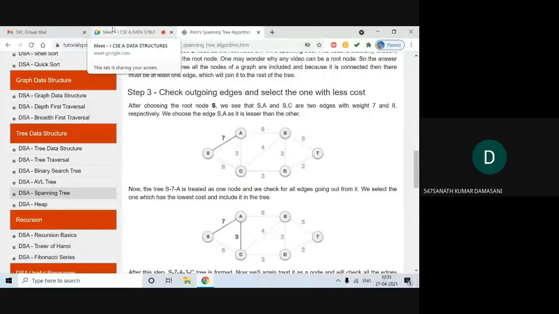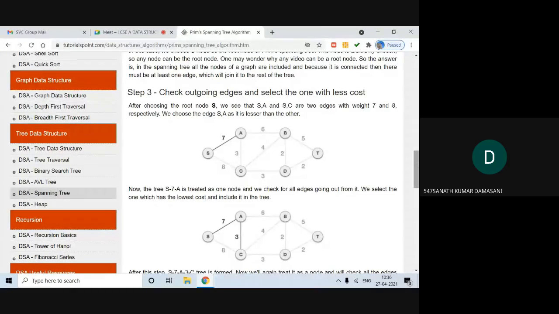As it is an undirected graph, how can we say that it is outgoing or incoming, ma'am? It is an edge you can select, no? If you have the doubt whether it is incoming or outgoing, generally in an undirected graph there is no direction. But we selected S as the root node. S is, for example, the starting vertex. It is going to reach A and reach C. We cannot say it started from A to S, or even from C to S. So you can select it any way.